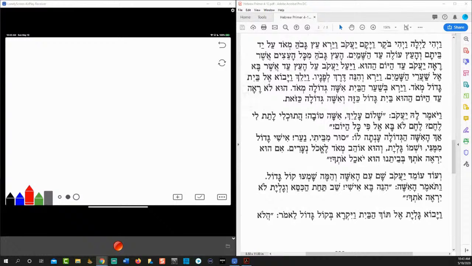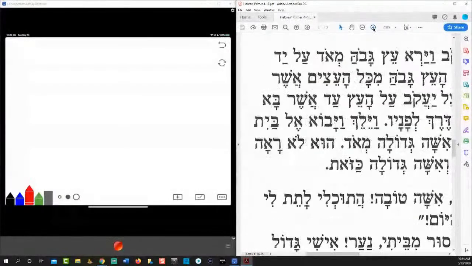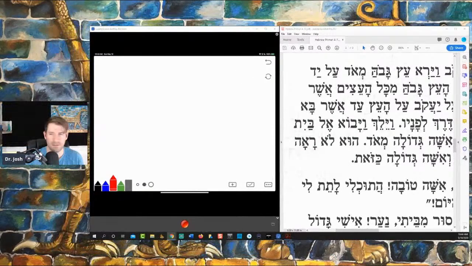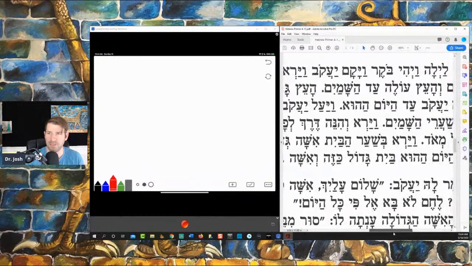So, Vayehi laila, vayehi voker, vayakom Yaakov, vayar etz gavoa me'od al yad betam. Make it a different color. I don't know how to make it a different color. V'ha'etz ole ad hashamayim. Maybe we'll do that. Let's try this. So I can come back like this. This is going to be a little tedious, but